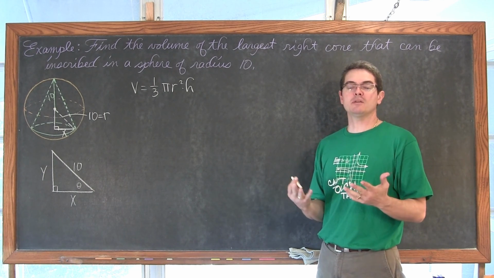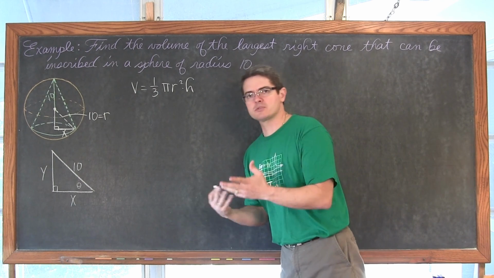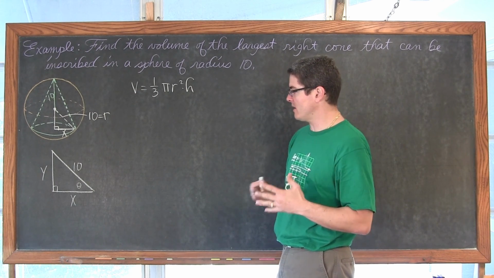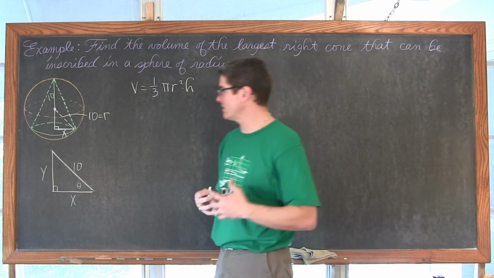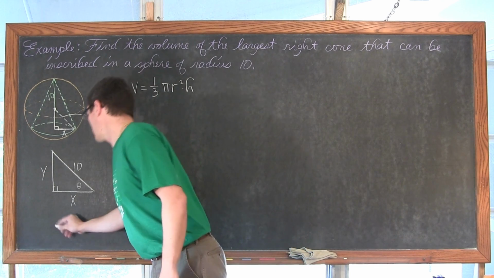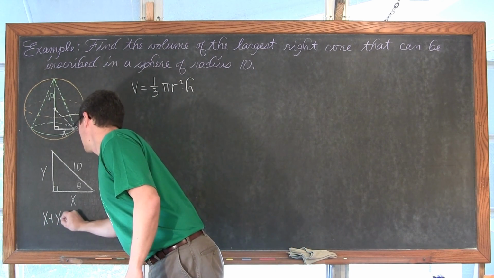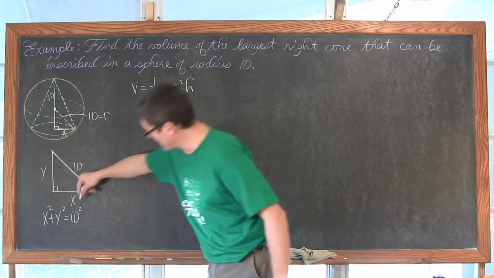No, what we normally deal with when we talk about right triangles is either those little right triangle trig formulas, SOHCAHTOA type stuff, sine, cosine, and tangent, and secant, cosecant, but also the Pythagorean theorem. So I can say that x squared plus y squared is equal to 10 squared.